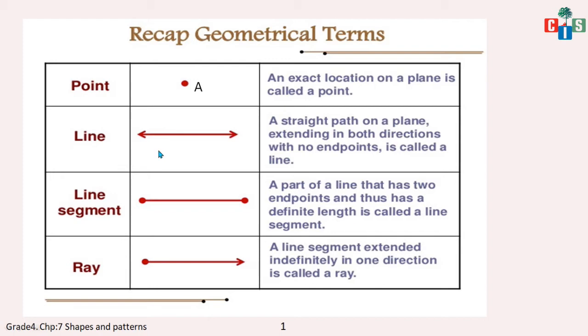तो हम कैसे इसको मेजर करेंगे? इसके लिए we will have a line segment in the line. See, you can name, sorry, I forgot to tell you, line segment I am naming it as dot A and dot B. Now, if I have a dot A and I write here dot B and I join it, it will be a line segment. Okay, point A and point B. And if I join it, it will be a line segment. Now line segment, I can name it as line segment AB.